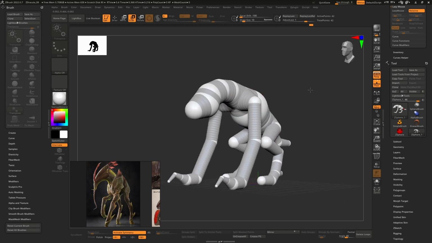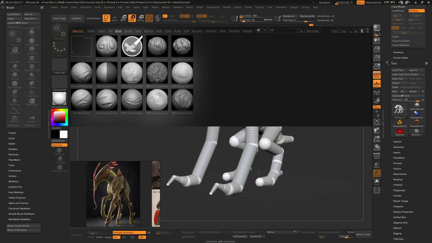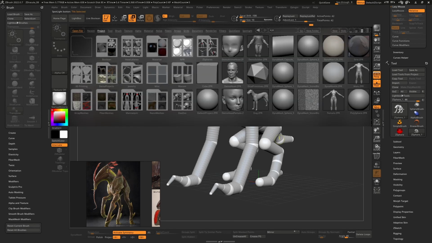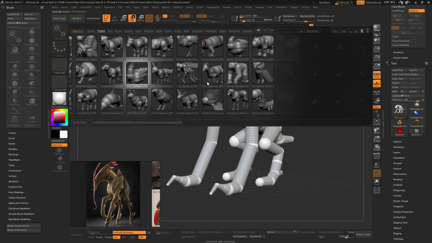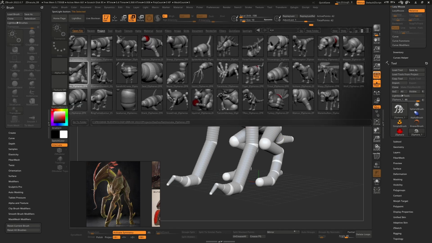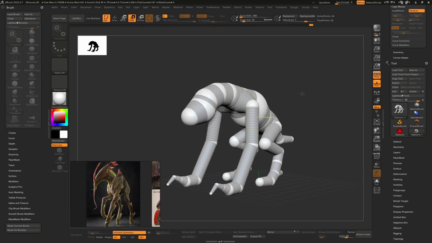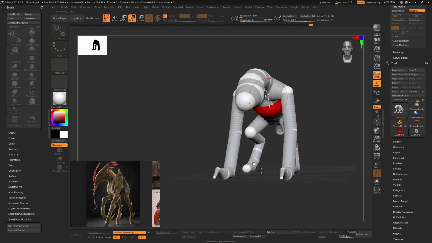And if you didn't want to go this route and you wanted to have something preset, check this out. Under the Zsphere library, you can pick one of these too. It might have got close and you could have just pushed and pulled a little bit. That's another option. So we got our one-toed